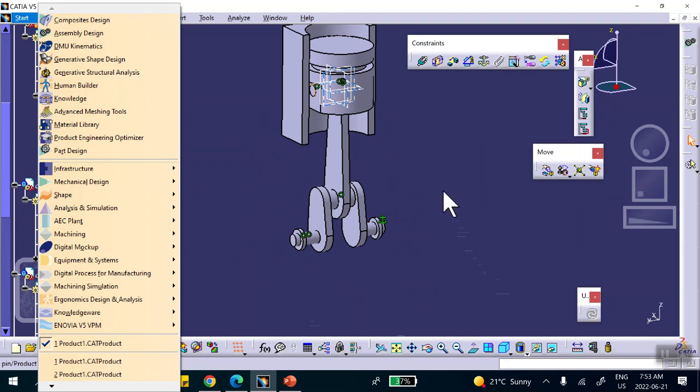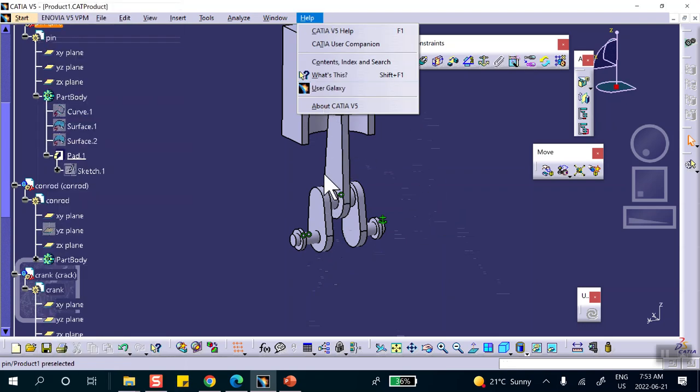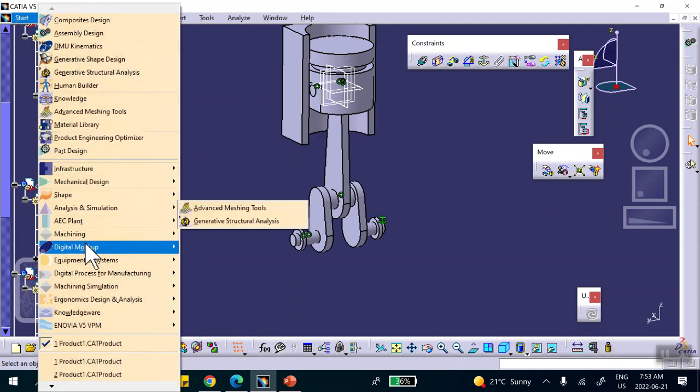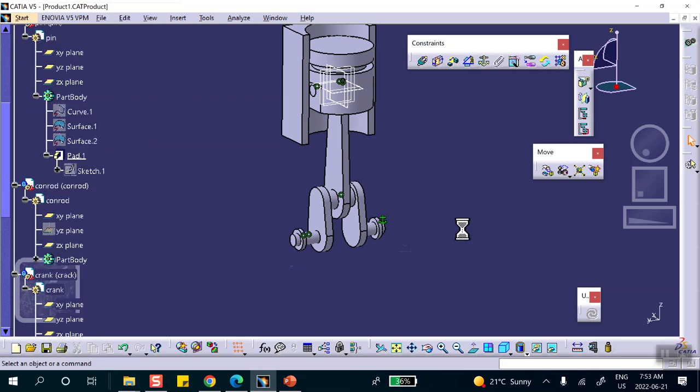So let's think about it before we do that. There is going to be a revolute here, a revolute there, a rigid between the pin and the piston, and a revolute between the connecting rod and the piston, and a prismatic, either a prismatic or a cylindrical joint between the piston and the cylinder. Okay, so we go to the digital mockup, DMU kinematics, get the magic wand out,